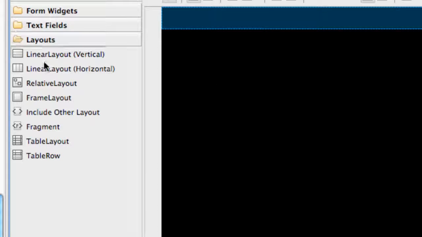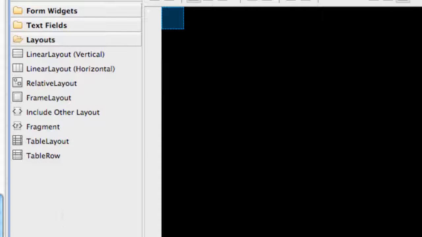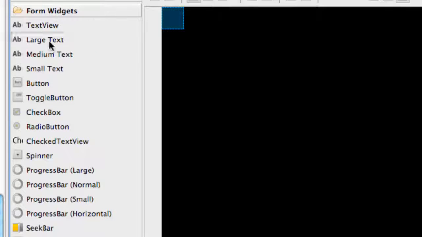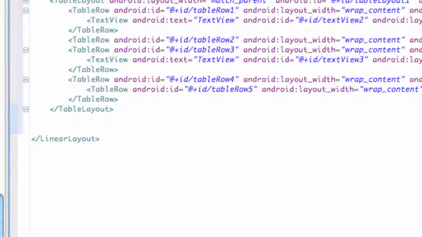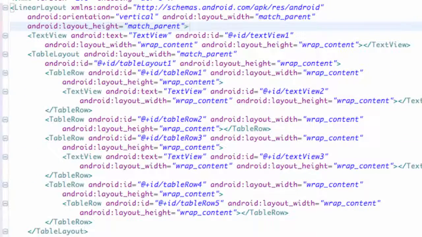So we're going to go into our layouts, drag and drop a table layout here, and also one row. Then we also want to have three text views, so we're just going to drag and drop three text views and switch over to the code. We're going to format everything. Now we have, okay, maybe we didn't need to drag and drop that row in there, so actually we're just going to